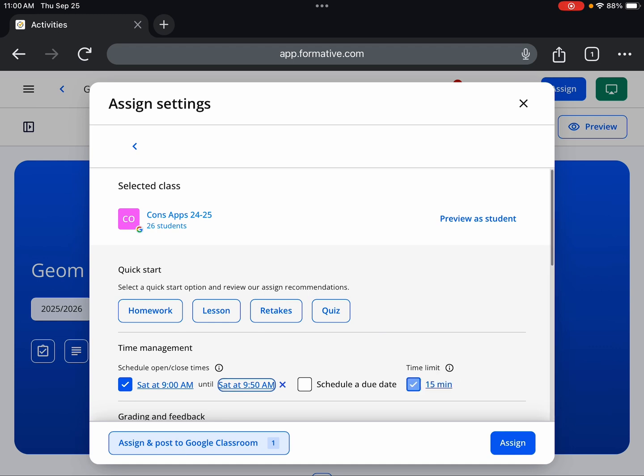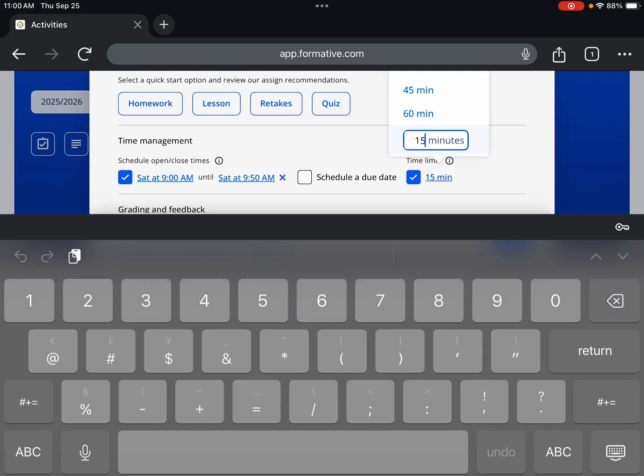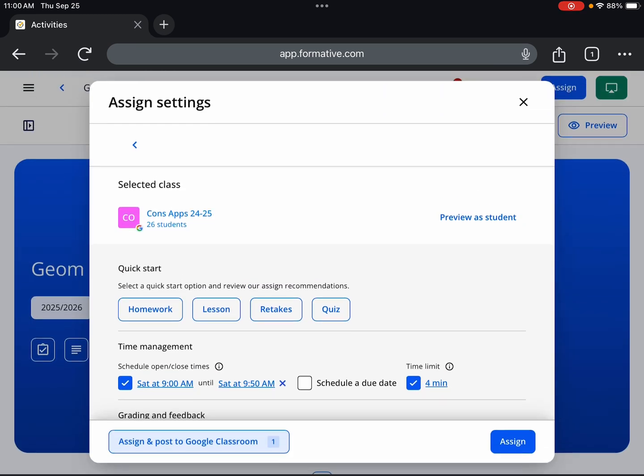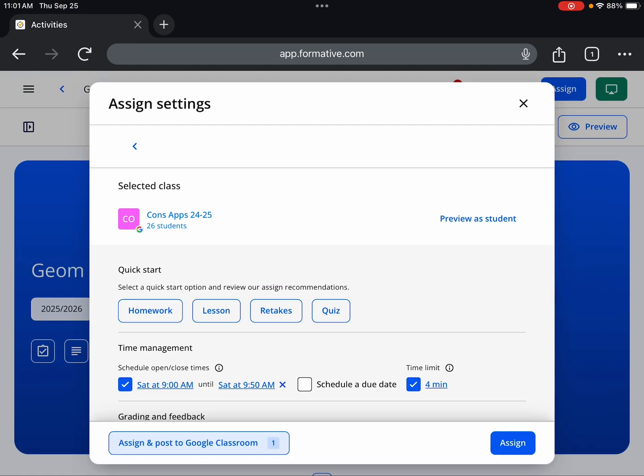You can add a time limit, and if you check that, you'll notice the default is 15 minutes. You have 4 choices that are there, but you can actually click inside that box and change this to any increment you want. So if you wanted 4 minutes, you would just physically type 4 minutes and so on. So again, you do have some options here. As soon as you get everything the way you want it, the date and time that you want it to start, the date and time that you want it to end, a time limit if you so choose,